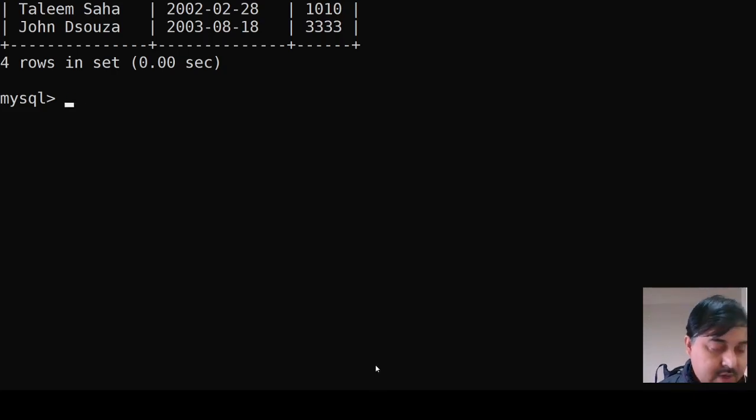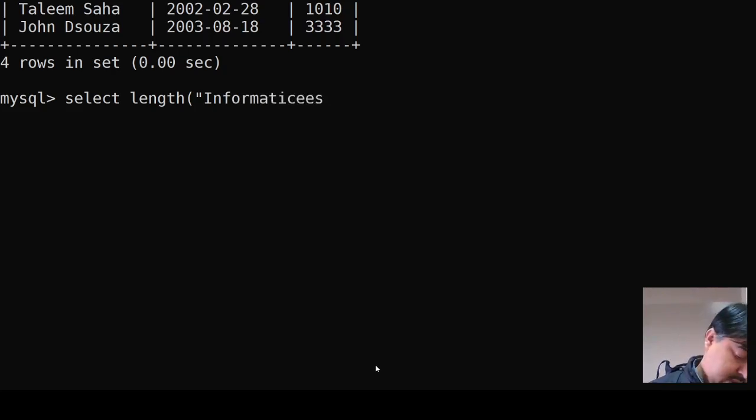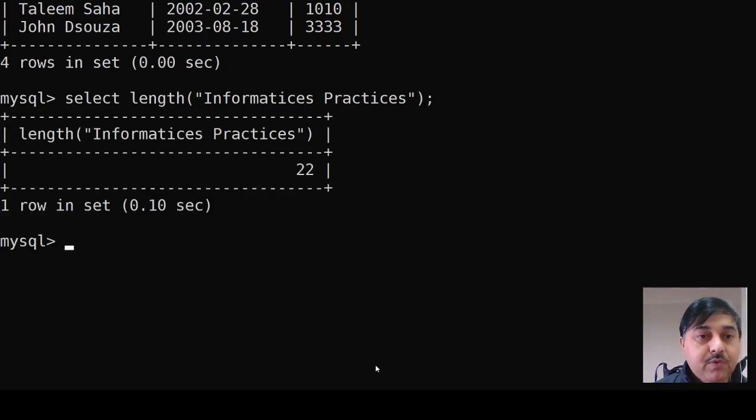So what will we write? We will write SELECT, then LENGTH. Length of what? Length of the particular part that we see. Suppose I am writing here 'informatics practices', informatics, one gap, then practices. When we have written this and given a semicolon, now if you press enter,